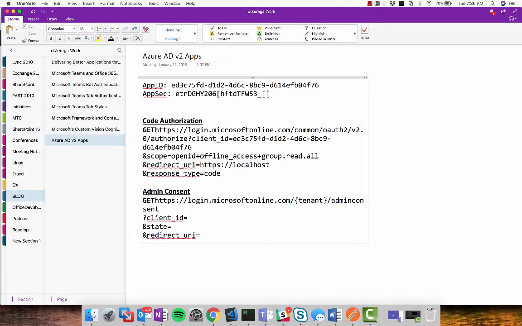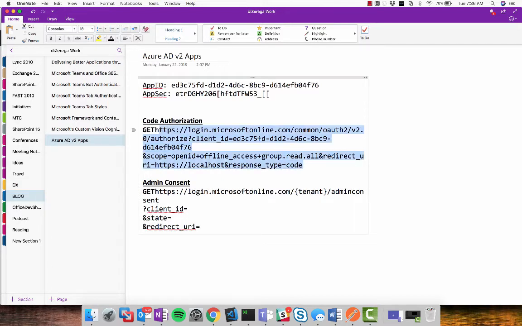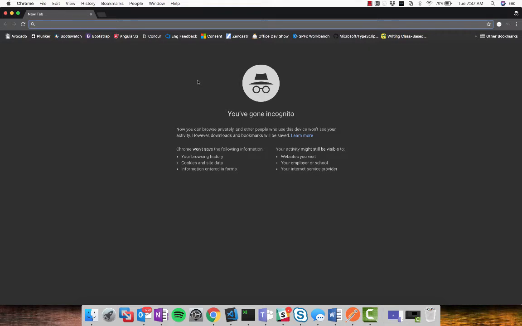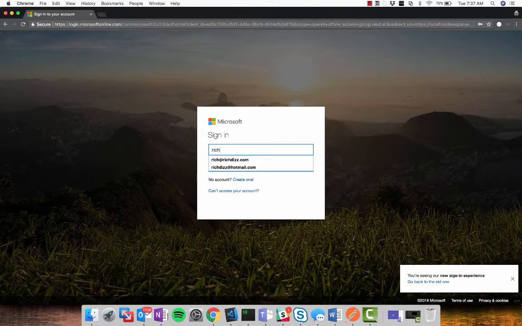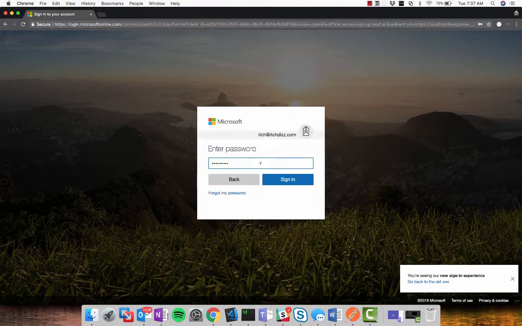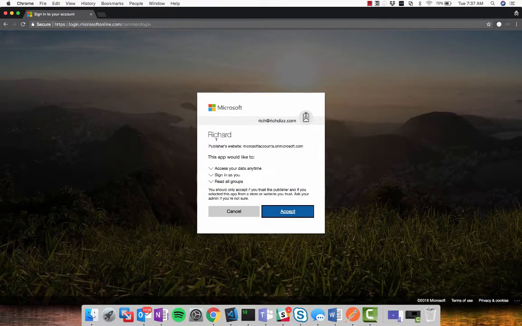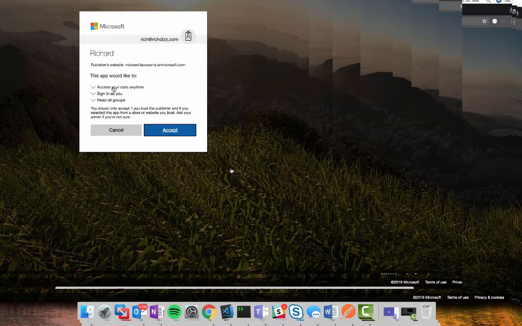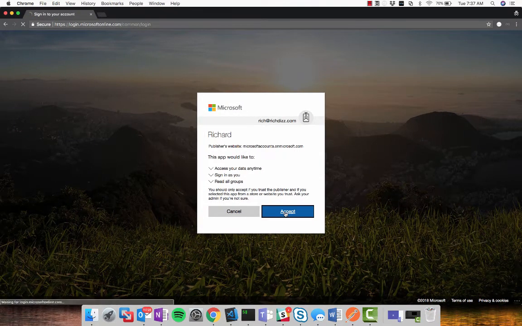I'm going to build this as one long URI here, and let's paste this into an in-private browser. Here I'm going to sign in as an admin. So a normal admin, if they try to use our application, we'll go ahead and click this, and I'm going to sign in as one of my admins and say sign in. You'll see that it's the Richard application, and here are those three permissions that we defined. Access data anytime, which is offline access. Sign in as you, which was the OpenID permission scope, and then read all groups. When I say accept, it's going to essentially